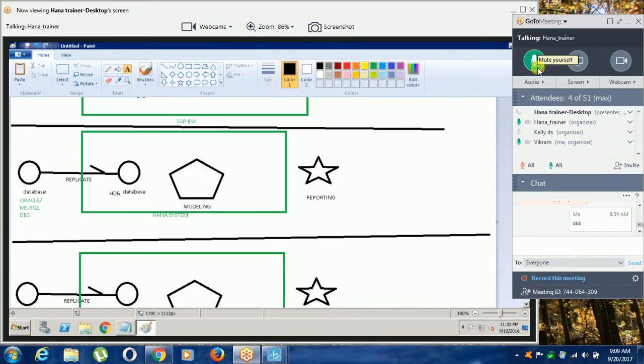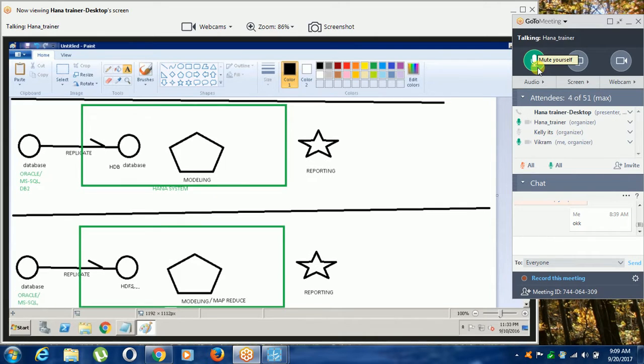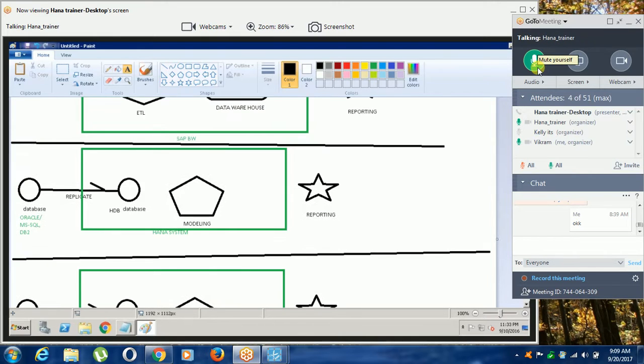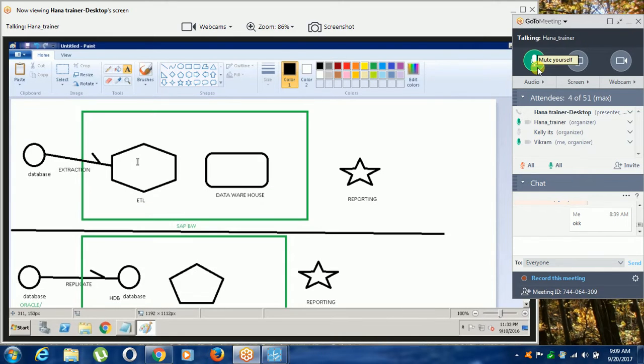I am explaining the Hadoop model because I want to explain the concept of replication. This replication concept exists in every modeling system, in the HANA system and the Hadoop system. Okay, got it? But not in BW, because BW uses extraction. BW has its own storage system.